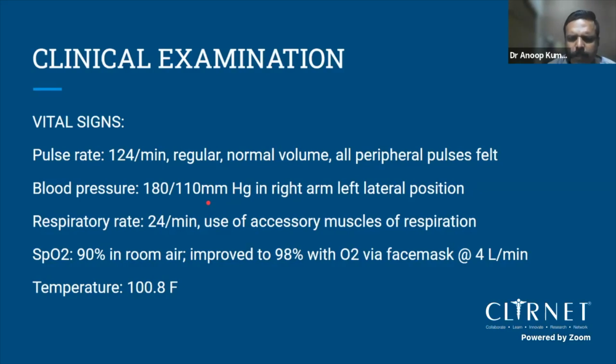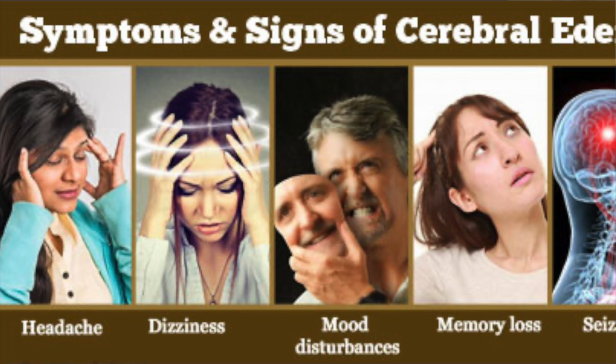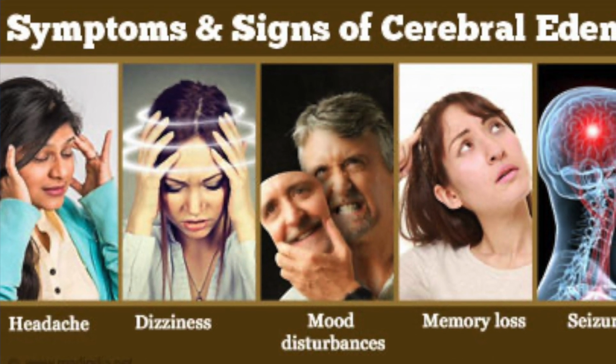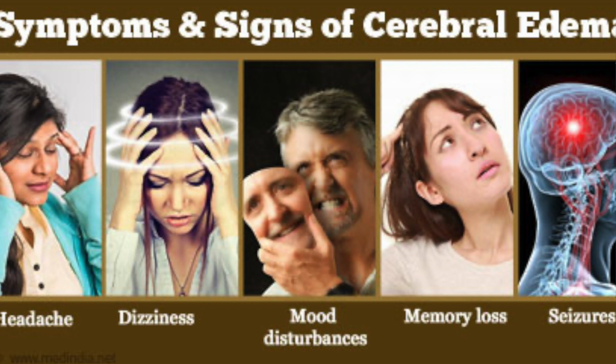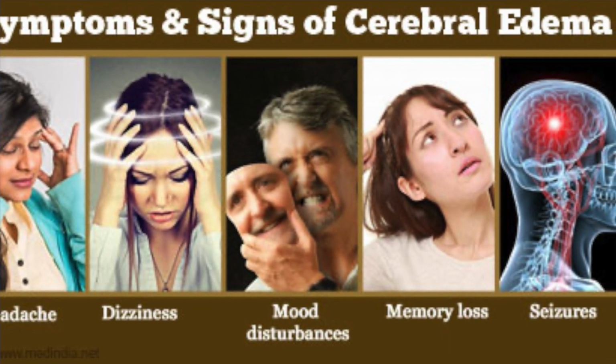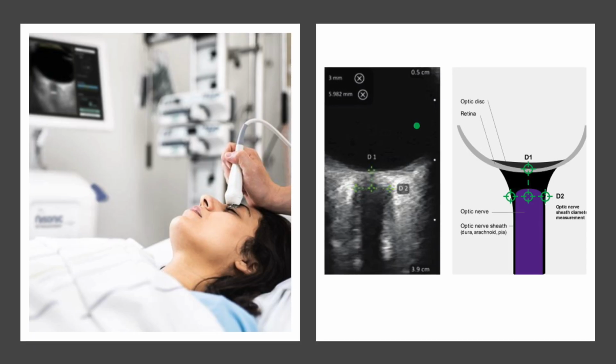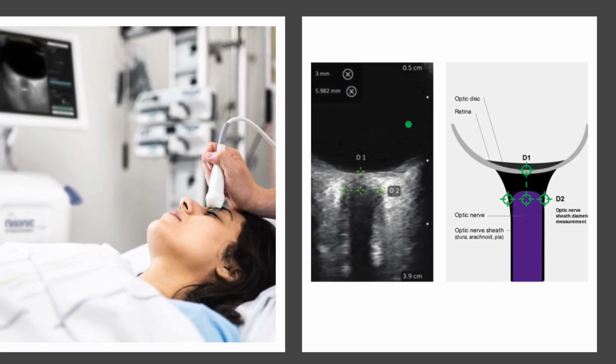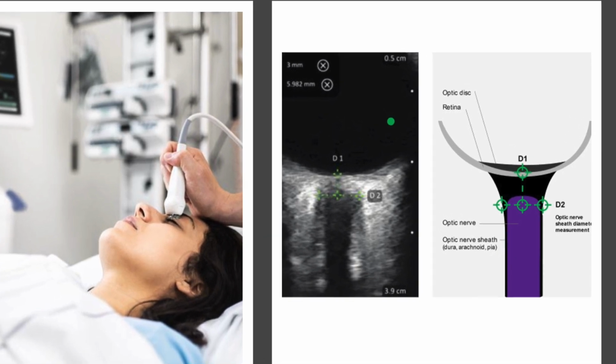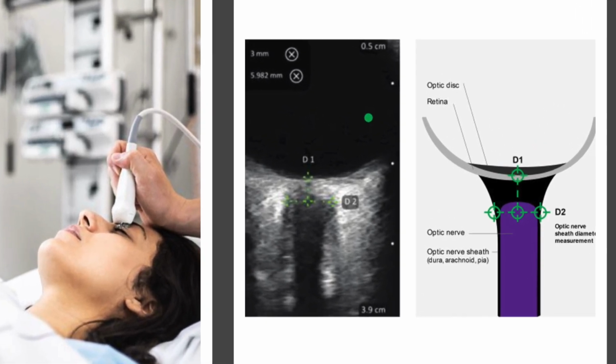Do you expect that the patient will be having cerebral edema? No, sir. The patient will have to develop symptoms. So when will you suspect that the patient can have cerebral edema? When the patient complains of headache, blurring of vision, altered sensorium, recurrent seizures. That is the only point where you have to suspect. If the patient is fully conscious, obeying, without any focal neurological deficit, there is no point in looking at the optic sheath diameter and saying that there is no